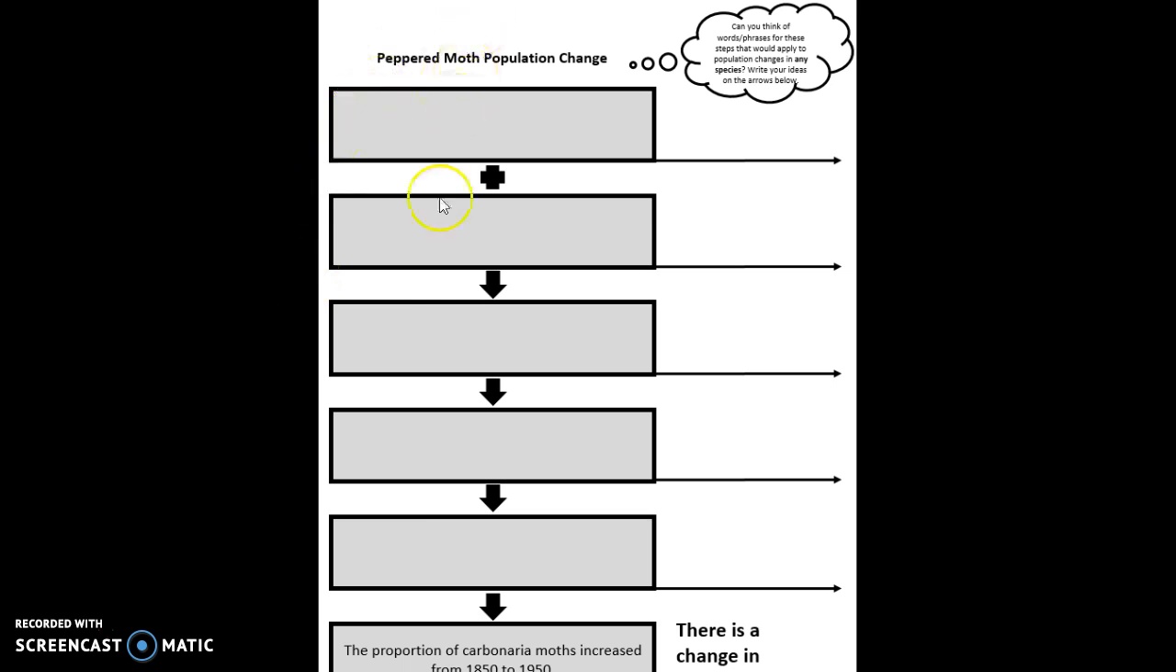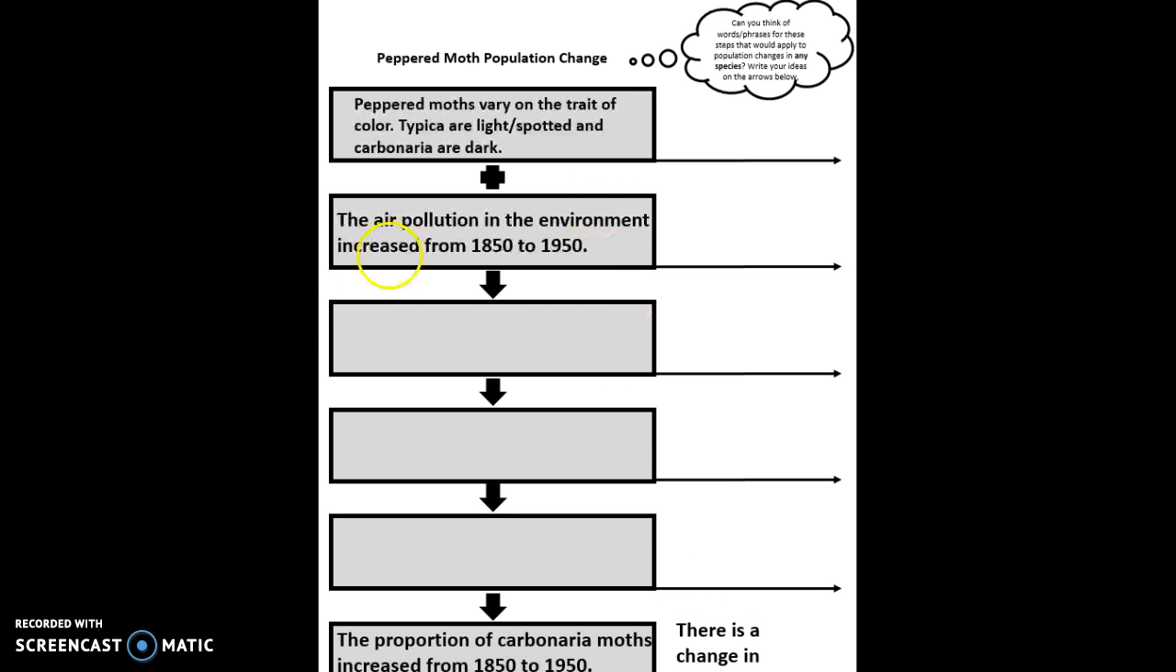So first we'll start with this side, which is the chain of cause and effect that happened with the moth population, and then we'll take those steps that occurred with the moths and we'll make a more general model that we can then apply to the finches, the giraffes, and the mosquitoes later on. So starting at the very beginning,